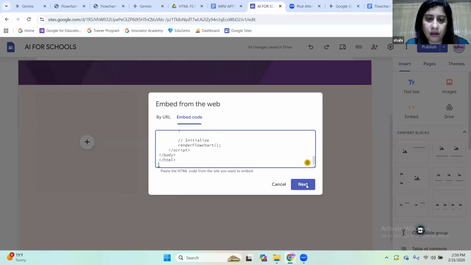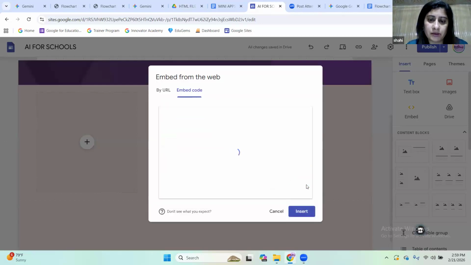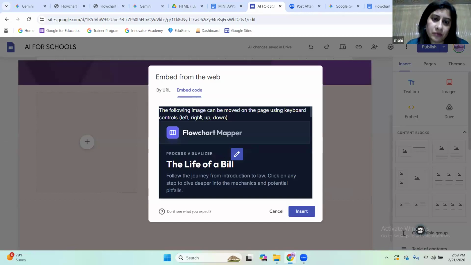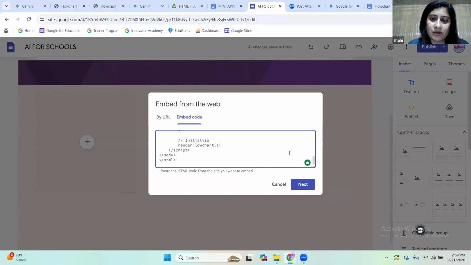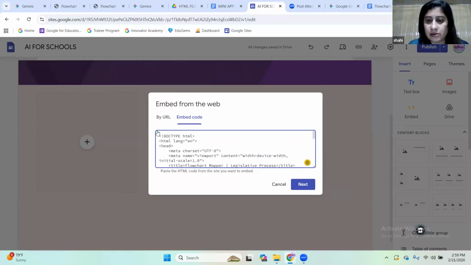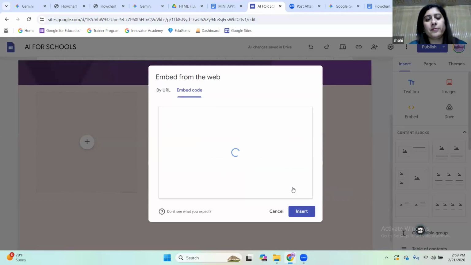You see, this line is now extra. I want to delete this one. I will go up and delete it. Yes. And now you'll be able to see the output shortly.